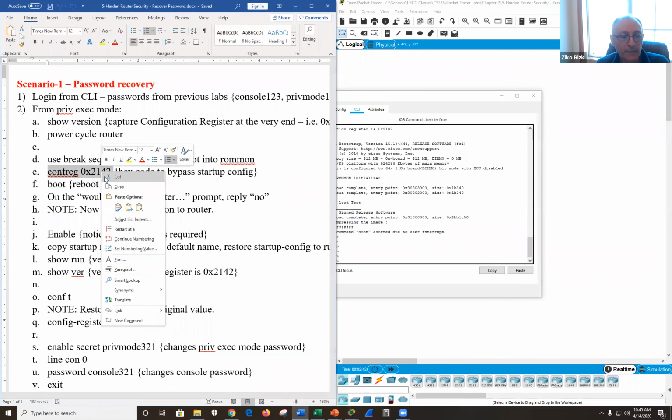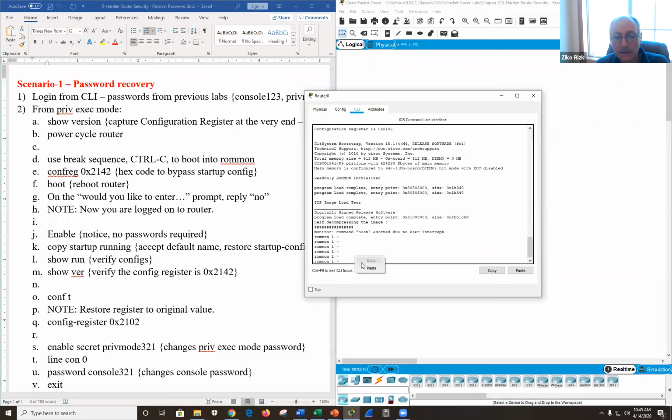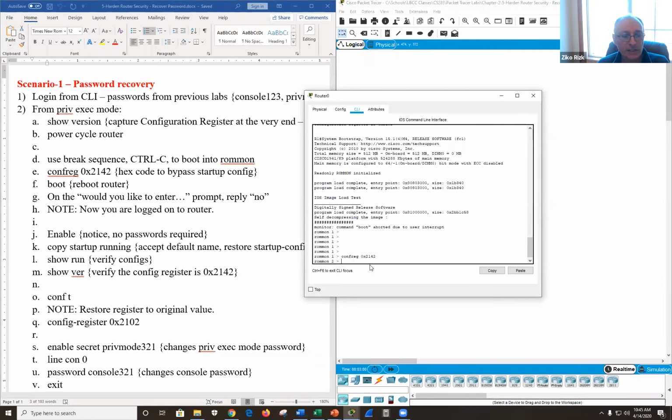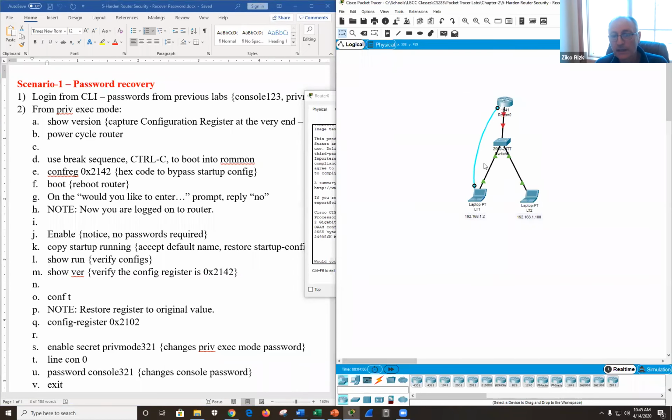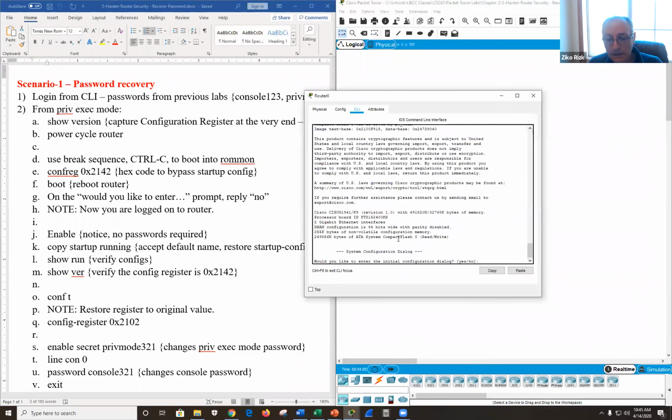In fact, I can copy and paste. Okay, I changed it, and now I can boot into the IOS operating system, fast forward, and you will see